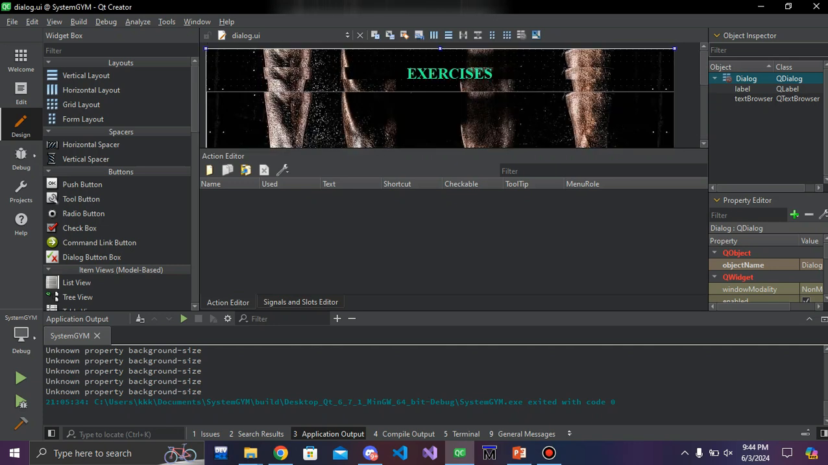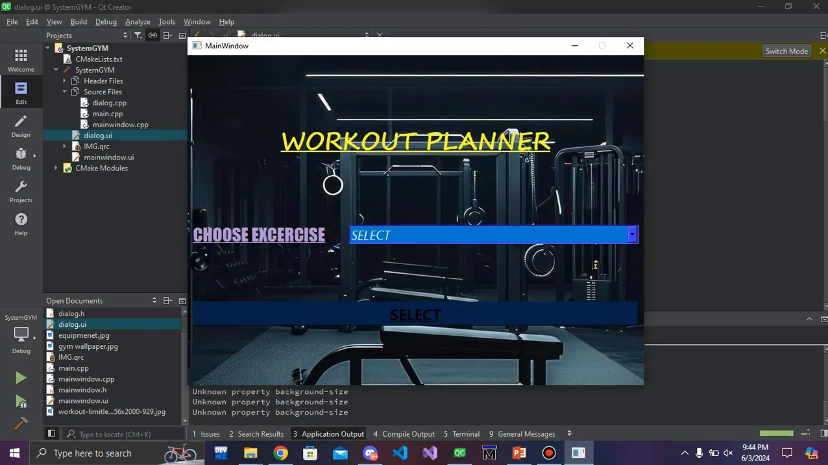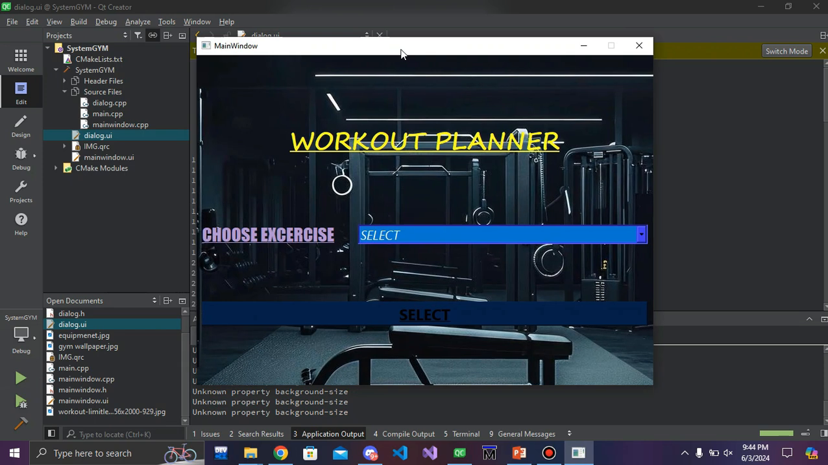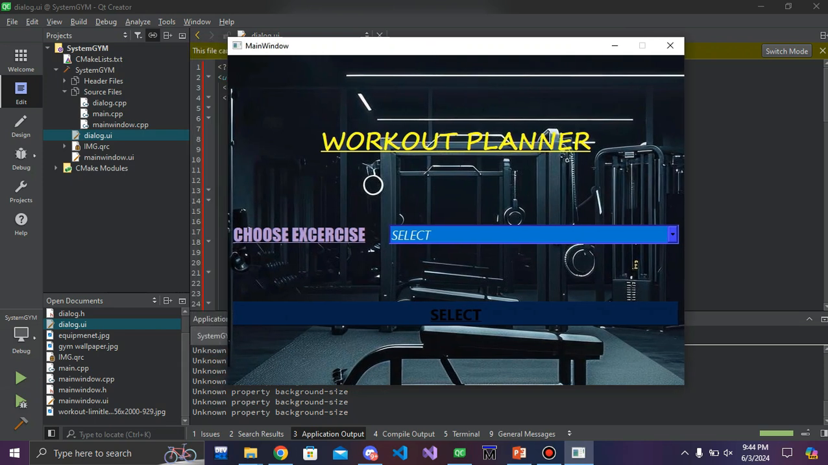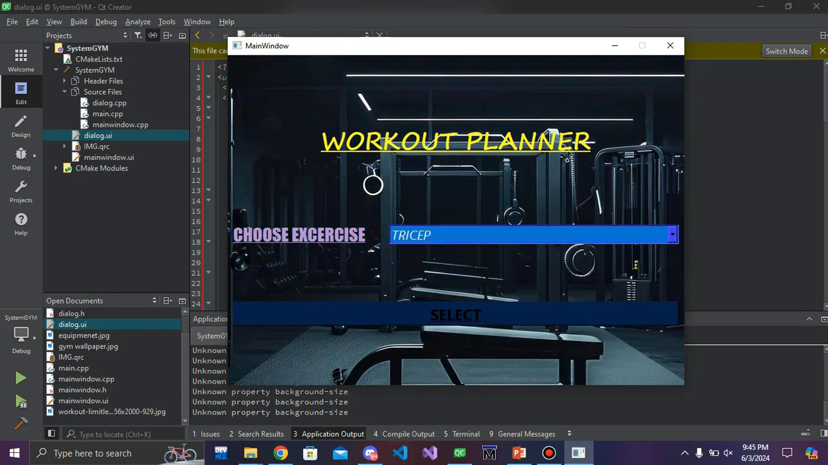So now running our code and showing our application. Here we run the code. As you can see, this is our workout planner, and choose exercises. We have all the exercises which we coded in our code. We have chest, tricep, back, bicep, shoulder, legs. If we select any of these, for example if I select chest and click on select,